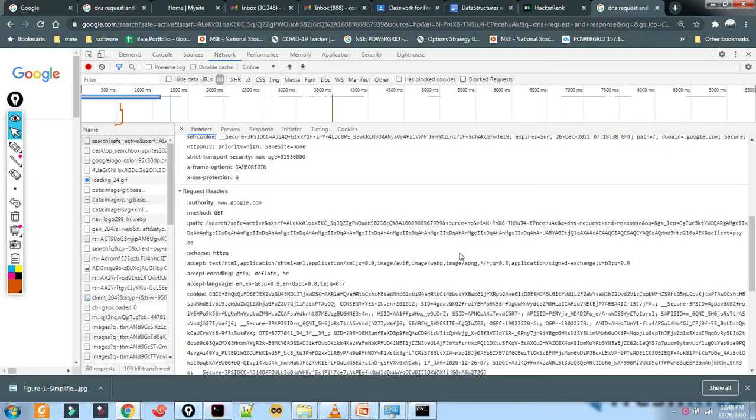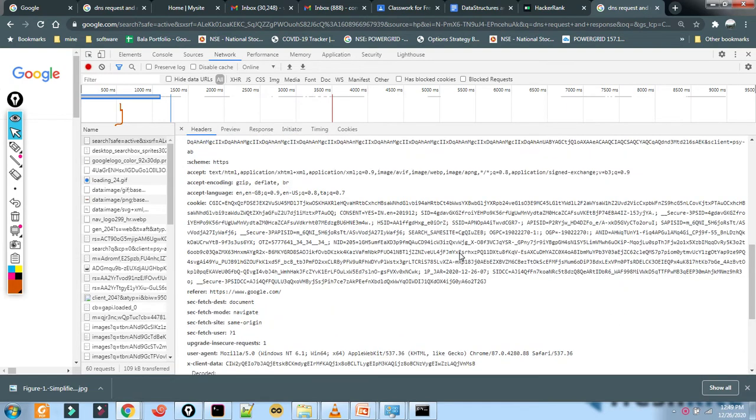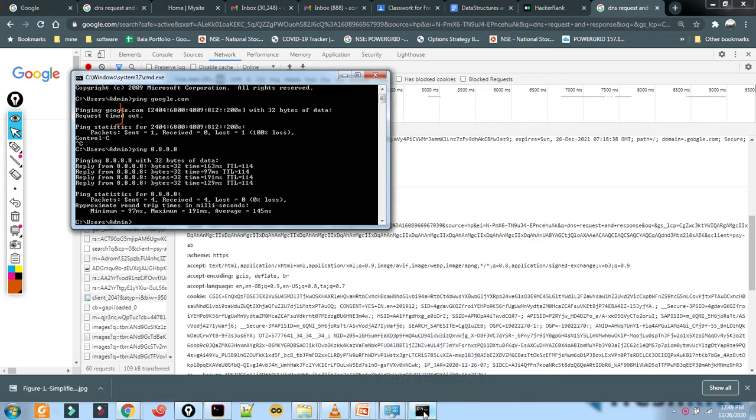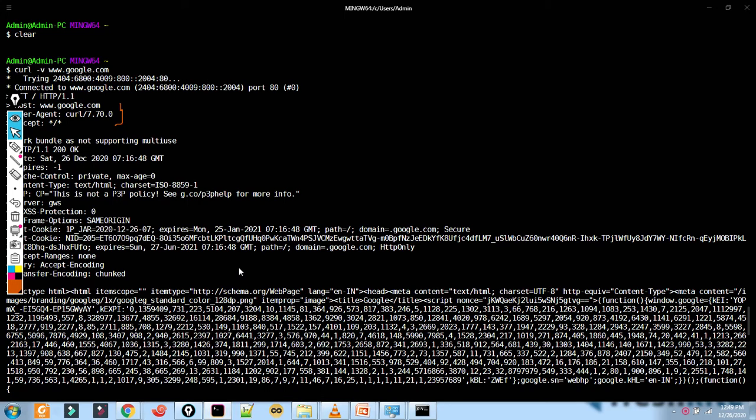And let's see the request header. In the request header, the same thing. In the header also you are sending, in the path variable you are sending this DNS, whatever you have searched in Google. This is how it goes. And we can send the same thing here. Let's go to this one.